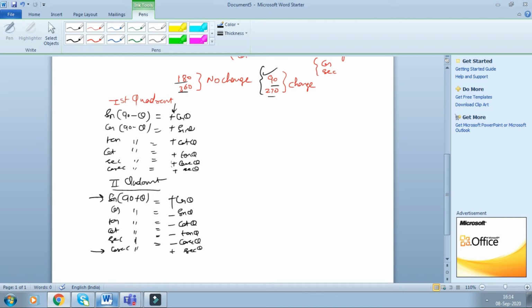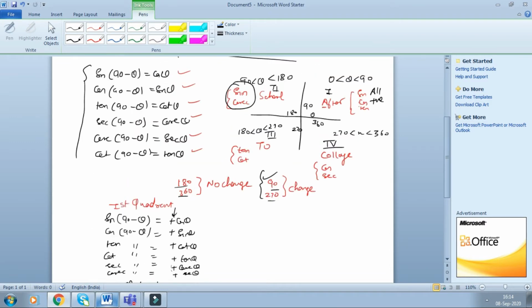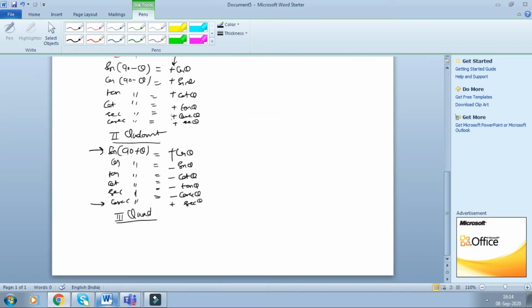Now we will move towards the third quadrant. Now see how the third quadrant can be written. This is the third quadrant. If we are talking about the third quadrant, then definitely we have to write 180 plus theta. If we do 180 plus theta, then I will be in the third quadrant. So we will frame up formulas for this also very quickly. Sine 180 plus theta, then cos, tan, cot, sec and cosec. These values we will write very quickly for 180 plus theta.